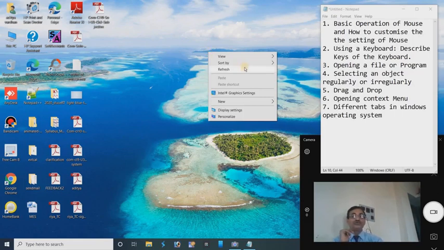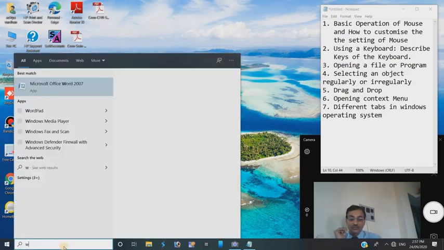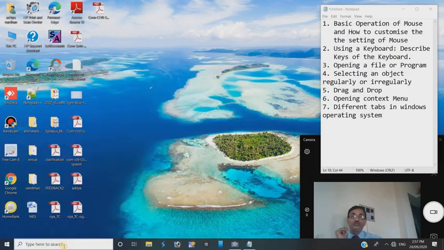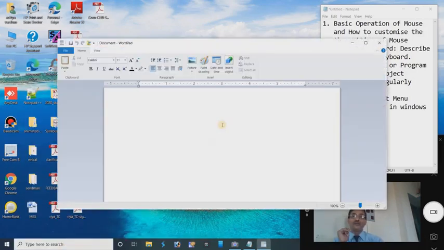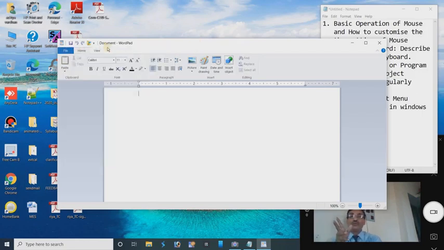Different tabs in Windows. What are the different tabs of Windows? Suppose I am going to start WordPad, and WordPad is now opened. So here file, home, view are the different tabs. Sometimes they may also be called menus: file menu, home menu, view menu.